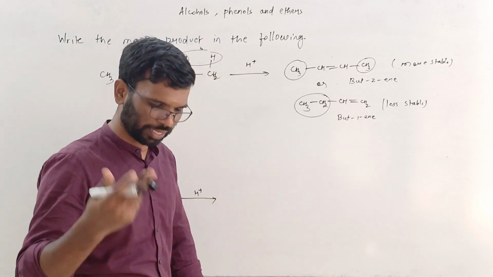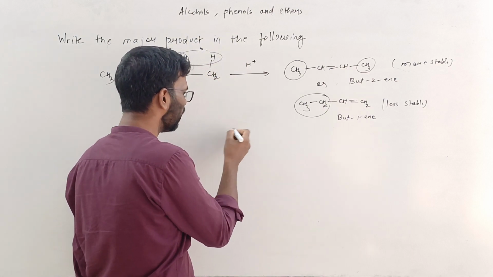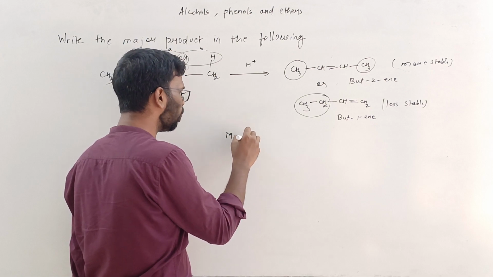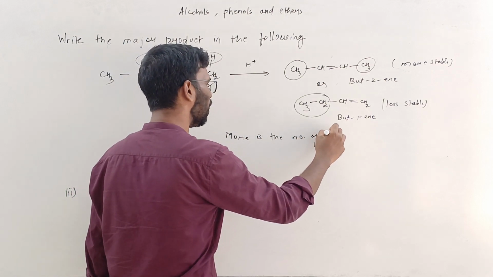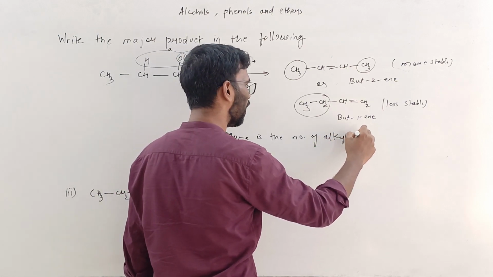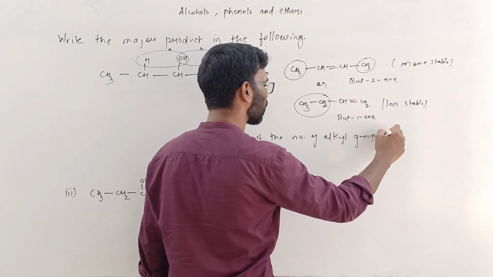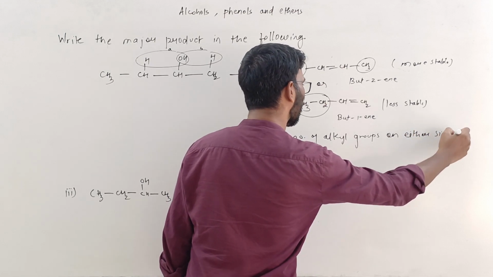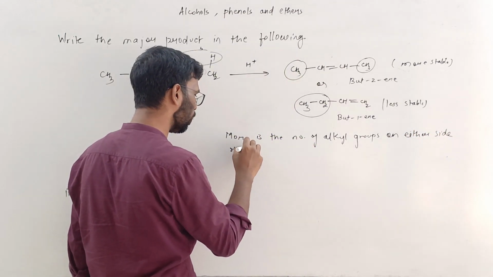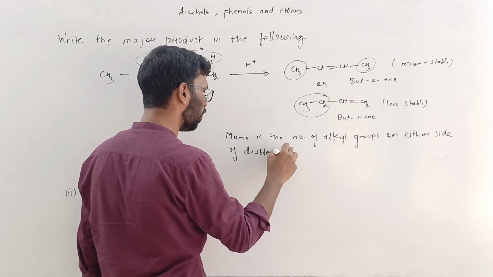Okay, there are some exceptions, but the more the number of alkyl groups on either side of the double bond,